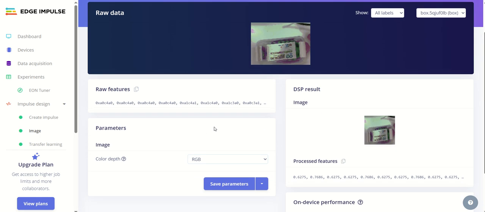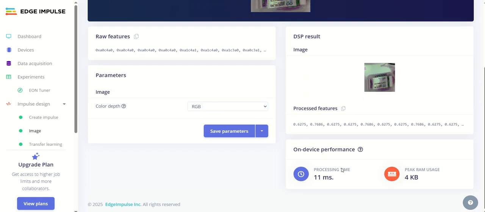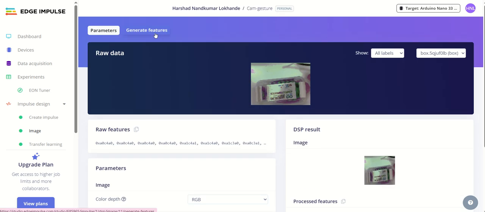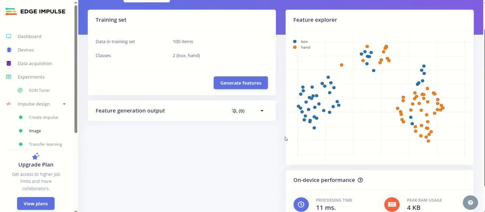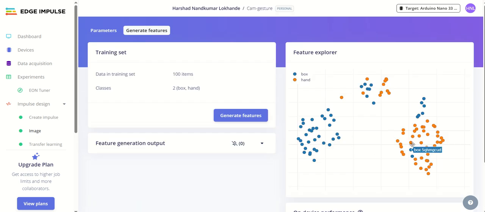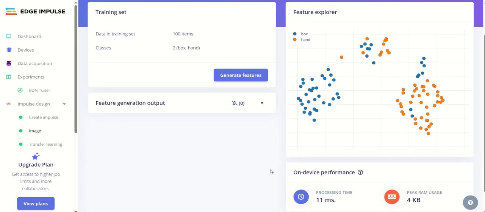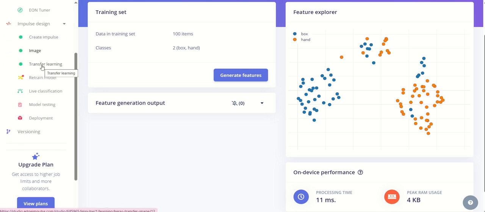So we have applied the pre-processing using RGB, and the on-device performance we are getting is 11 milliseconds for pre-processing time, and its peak RAM is 4 kilobytes. Go for generate features, apply the generation of the features, and you will find a similar approach. So almost 90% it is distinguishing the two labels. So assuming our model will work perfectly, switch to the next part,